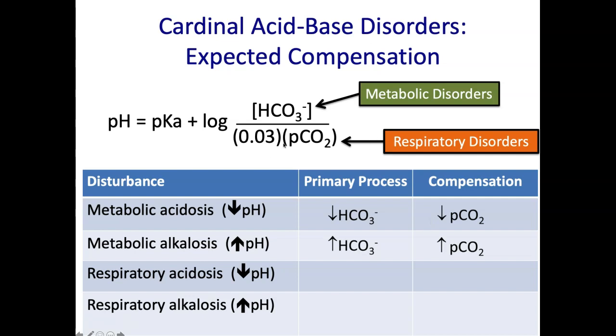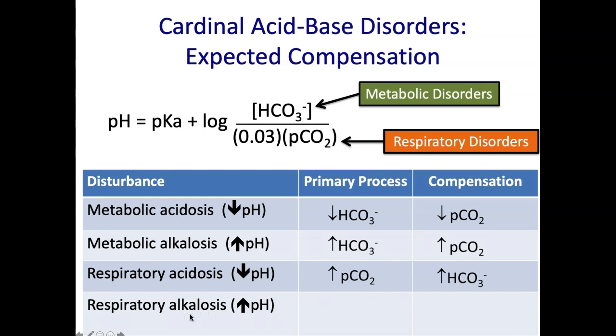The primary disorder is a change in this PCO2. So a respiratory acidosis, if the pH is getting low, I think this is getting high. What do you think? Oh, yep, I'm right. So the PCO2 is getting too high. Okay. Remember, retaining CO2 is equivalent to retaining acid because that CO2 will convert to carbonic acid and that will generate protons. Okay. So if the PCO2 is getting high, what would be my compensation to try and mitigate that change? It would be to increase the serum bicarbonate concentration.